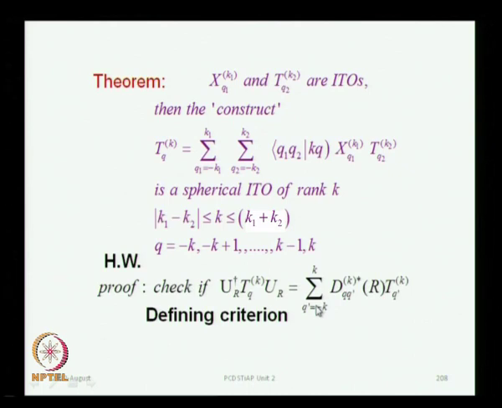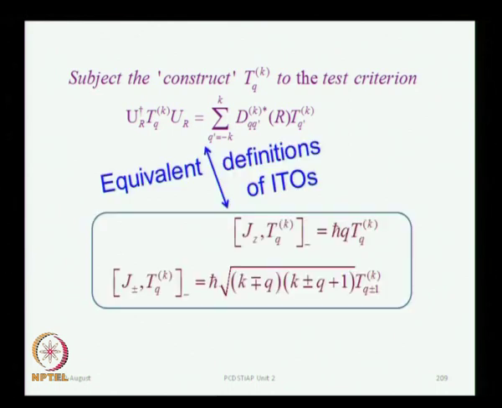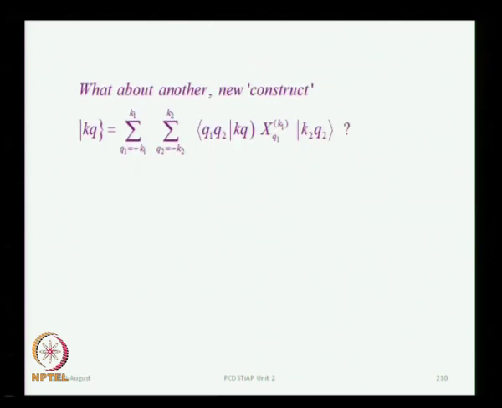So that would prove the theorem. I am not going to prove it over here in this class, but you have to manipulate these terms and see it for yourself. So, subject this construct to this criterion. Actually, you can see that the proof is really not very difficult. You can subject it to the equivalent criteria of the commutation relations as well, do one or the other, and